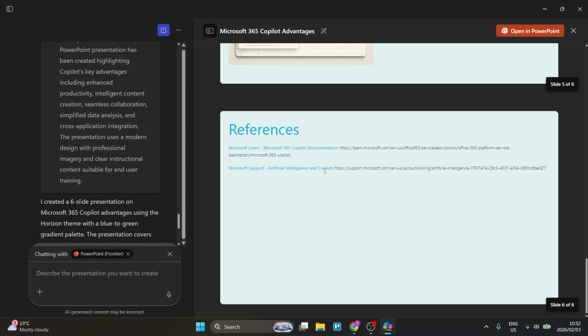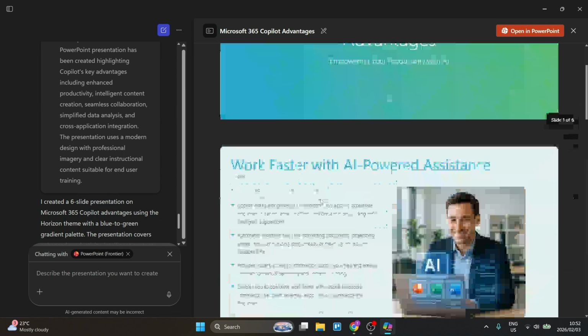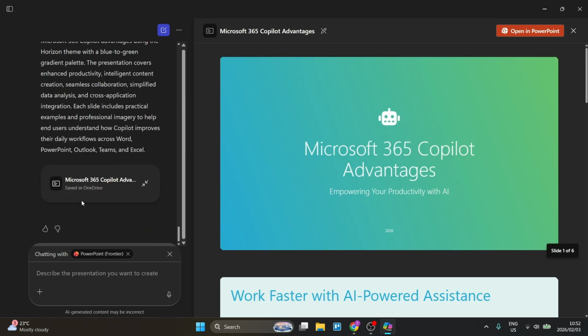Now there are 2 ways to make changes. The first way is in the left-hand side to see that there's a chat box, and here you can add in whatever changes you would like to make. So for example, you could say, please change the cover image to something else. You could also add in an image if you would like from your device, or you could simply paste it